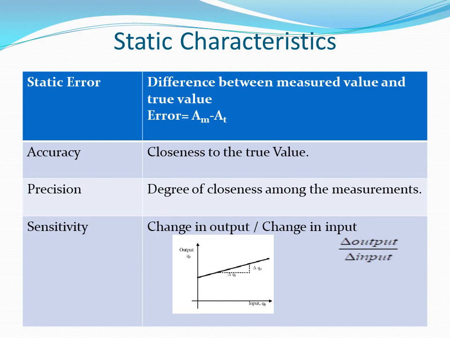Okay, sensitivity. Sensitivity is the ratio of output to input. So when you are taking any characteristics of the instrument, when I am giving an input, it will show an output. And when you are plotting a graph, you find the slope. Okay, it is del y by del x. So del y by del x is given as sensitivity, the change in output with respect to change in input. So for any instrument, the sensitivity should be greater. There is also an inverse sensitivity, which is just the inverse of this case, change in input to change in output, but it is not shown here. So just keep it in mind, the sensitivity is change in output to change in input.